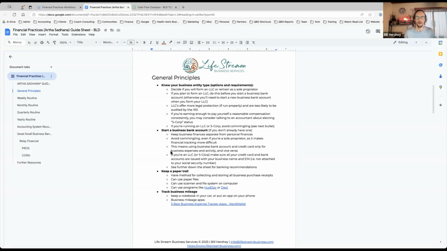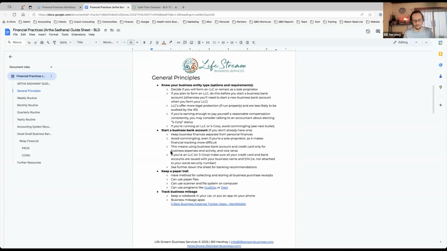There's a virtual file cabinet that I really like. It's called HubDoc, and you can set up rules and automations such that when an email from certain vendors comes in, it can automatically forward to your virtual inbox and throw it in that inbox. So HubDoc is the one that I recommend to clients. It's like $12 a month, but if it's saving you time, it can be worth it. And if it's saving you from having to pay an extra $15,000 plus in taxes in the case of an audit, then $144 a year isn't that much.